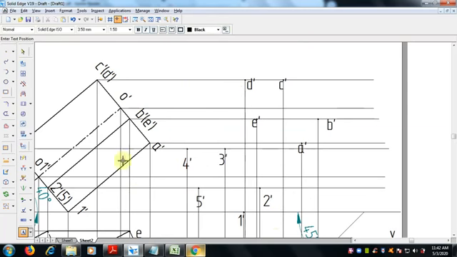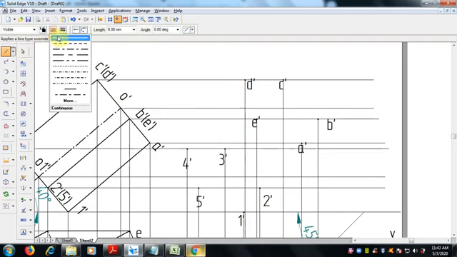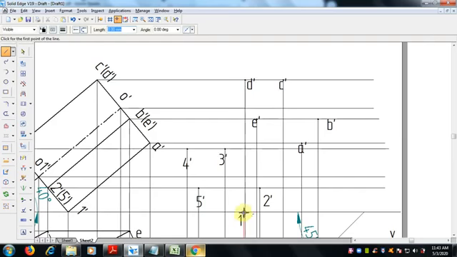If you are still having doubts, the next method is to join the bases with a 0.13 mm thickness. Let me finish: 1 2, 2 3, 3 4, join 4 5 with 1 again. So this is one base, and the other is the top base, the top face. So the bottom face and top face are over.